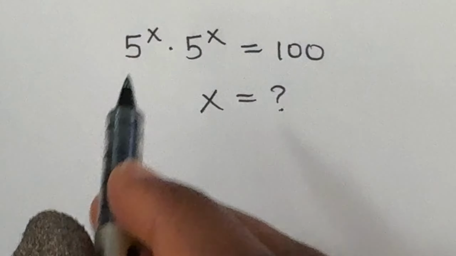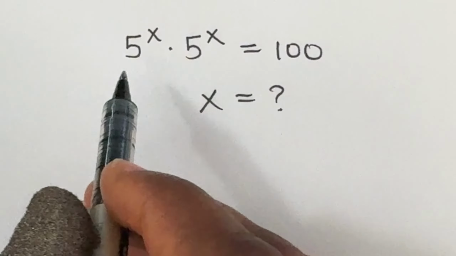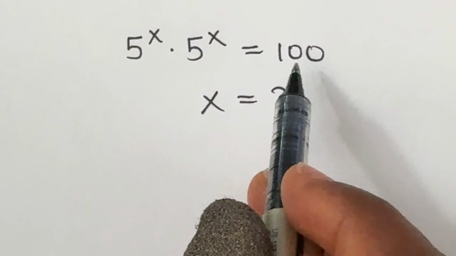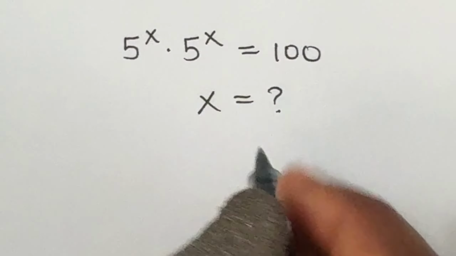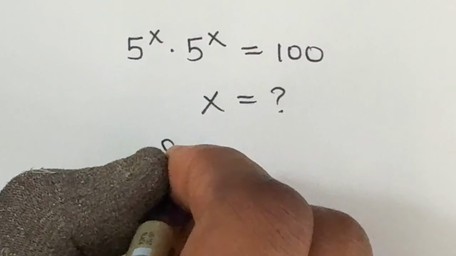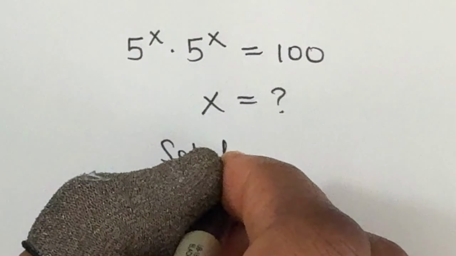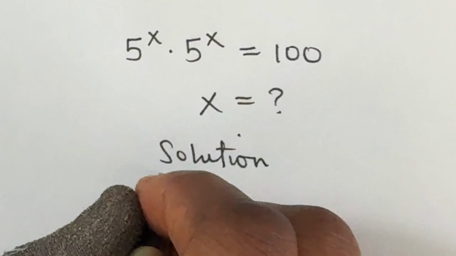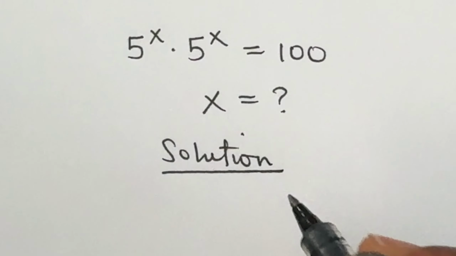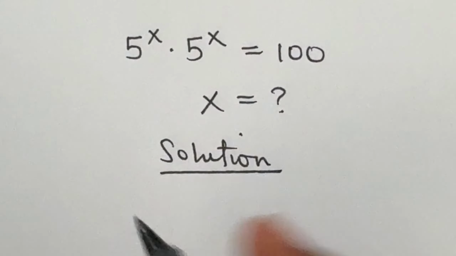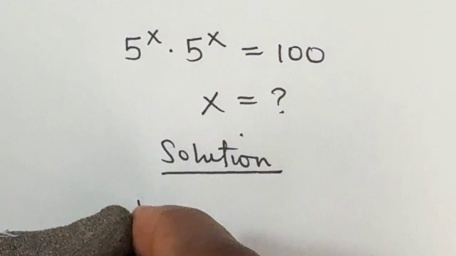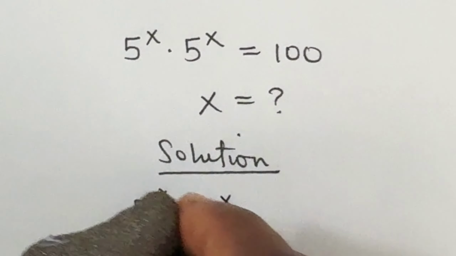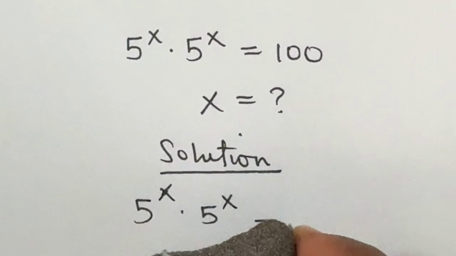Hello, let us solve for x in this problem. 5 raised to power x times 5 raised to power x is equal to 100. Find x. So given 5 raised to power x times 5 raised to power x is equal to 100,